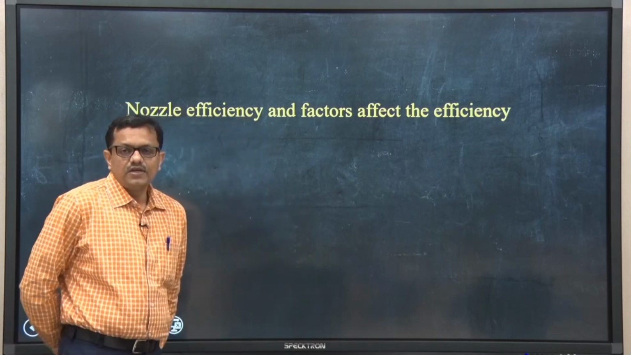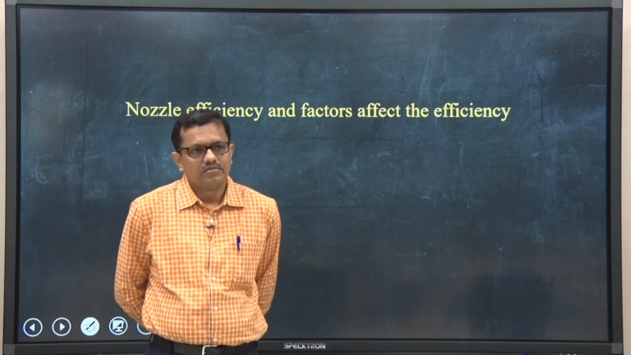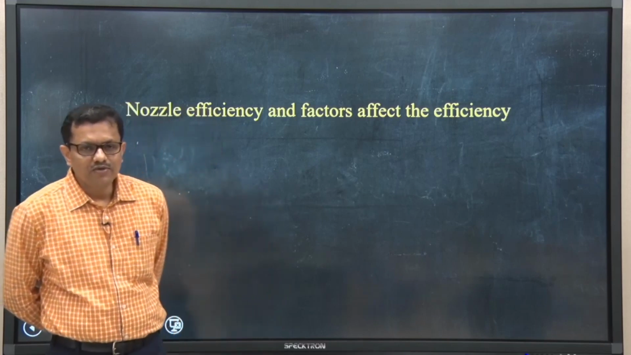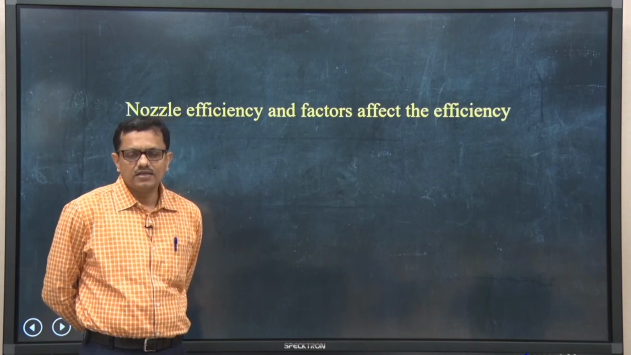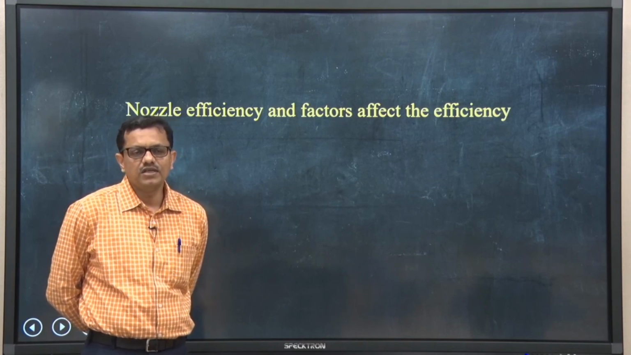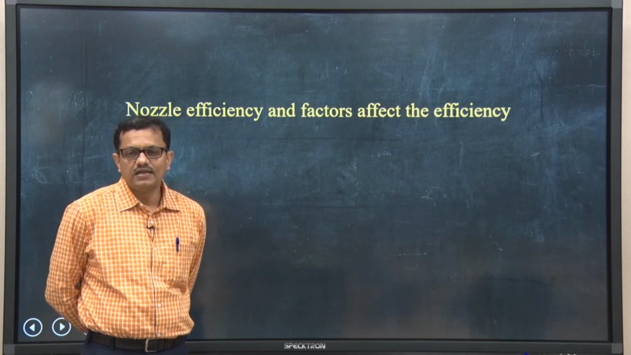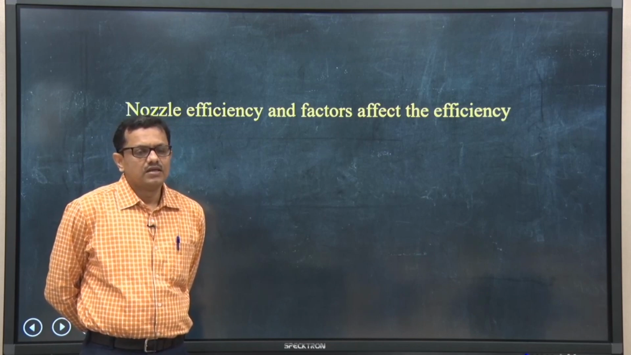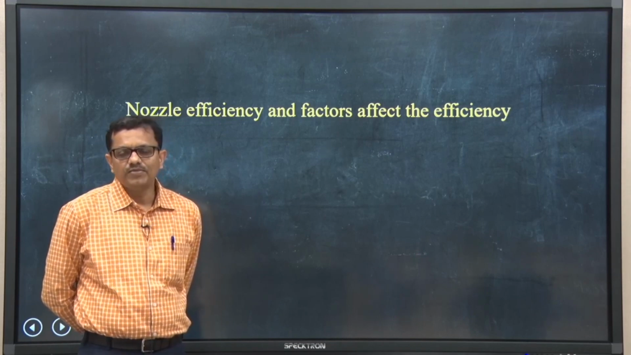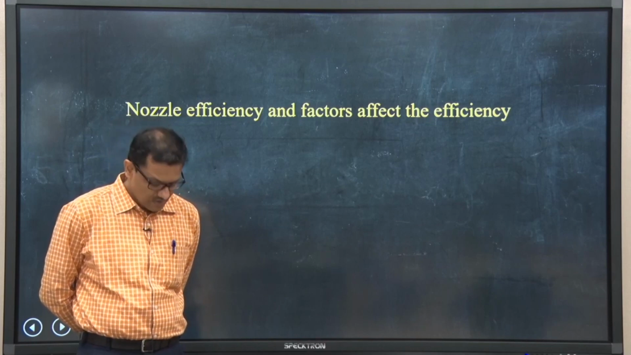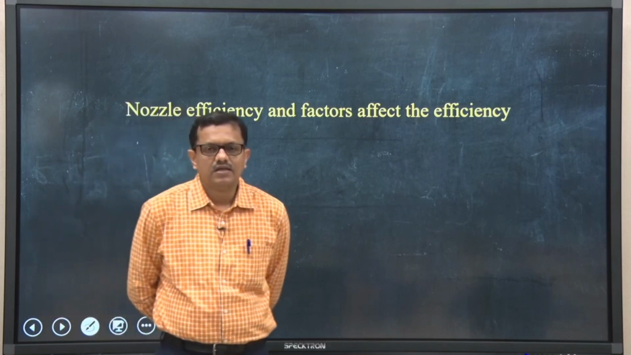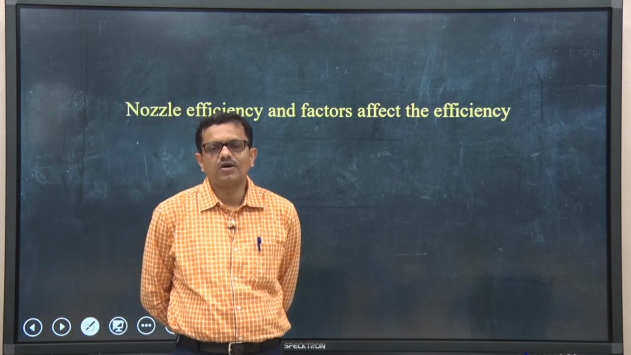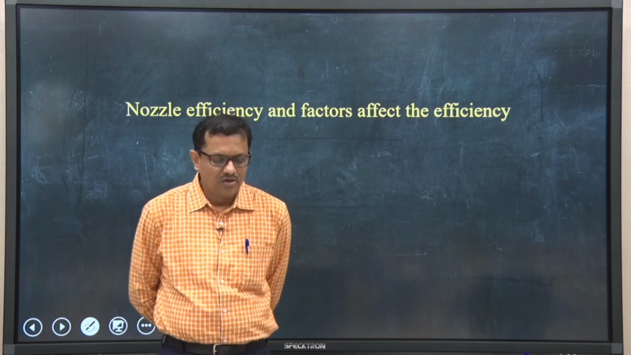Now, if we try to recall, in this module of this course we have discussed the nozzle in detail, starting from the flow analysis through the nozzle. We could establish the design aspects of the nozzle. So,